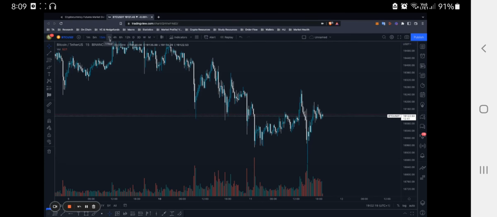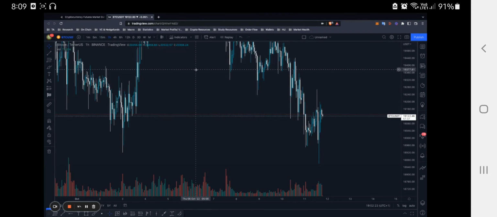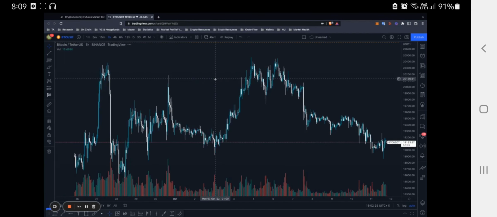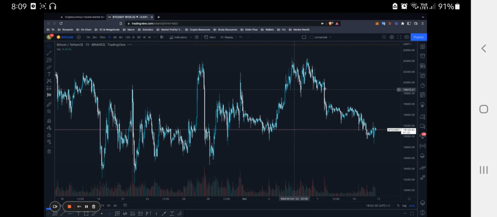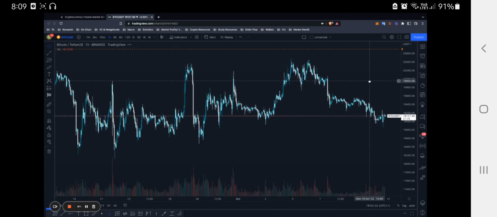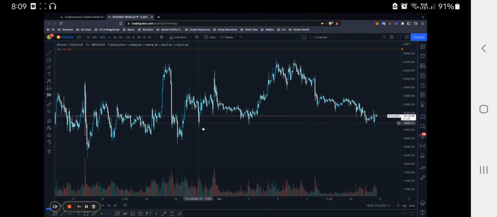It won't take us long to find an instance where volume is relevant and useful. If I go out to an hourly chart and I zoom out a little bit, you'll see that typically increased volume will coincide with bottoms and tops. So you can see here, the volume spiked obviously on this move down and we went slightly lower. But what you notice is that we had elevated volume for an extended period within this,